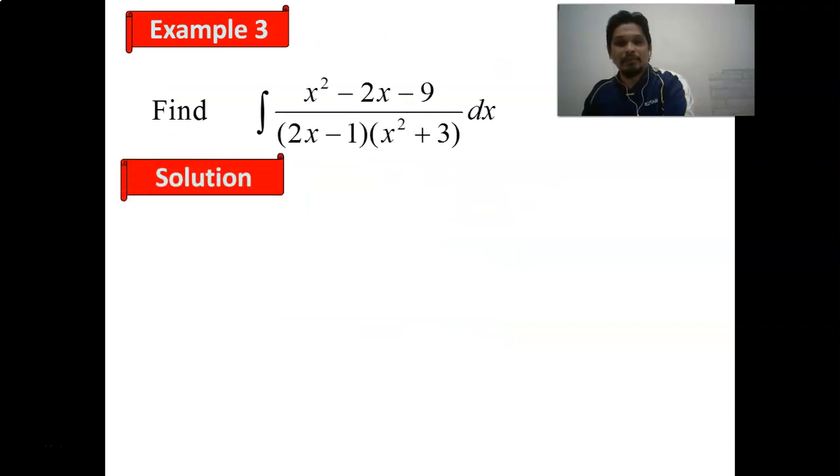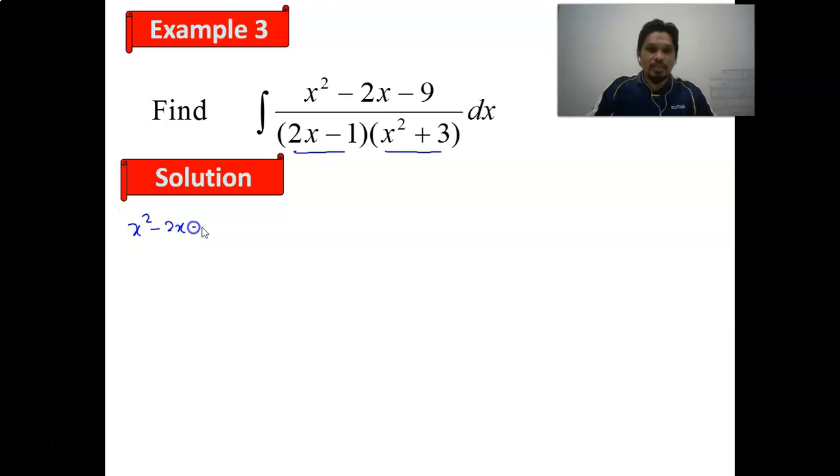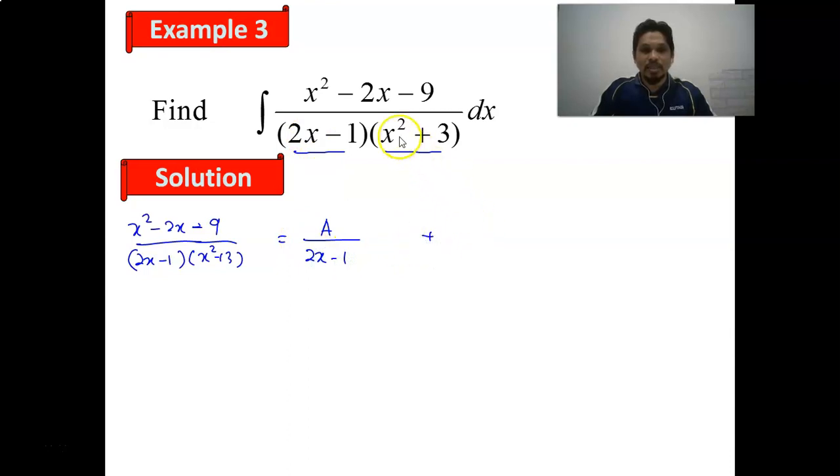Okay, example 3. Find the solution of this. So this is a linear factor and this is a quadratic that cannot be factorized. So then x squared minus 2x minus 9 divided by 2x minus 1 multiplied with x squared plus 3. So it is A divided by 2x minus 1, a linear factor, plus